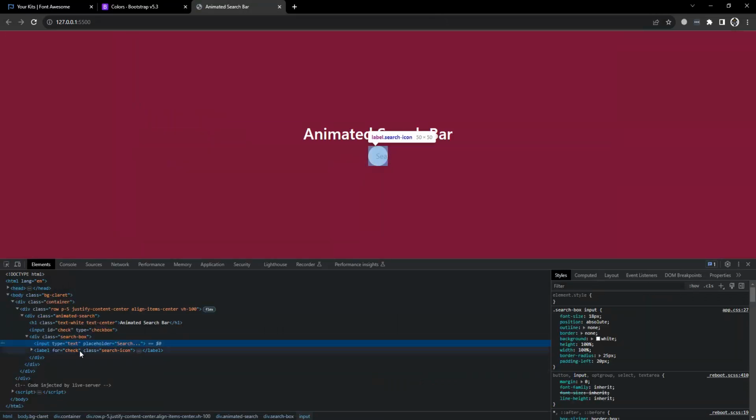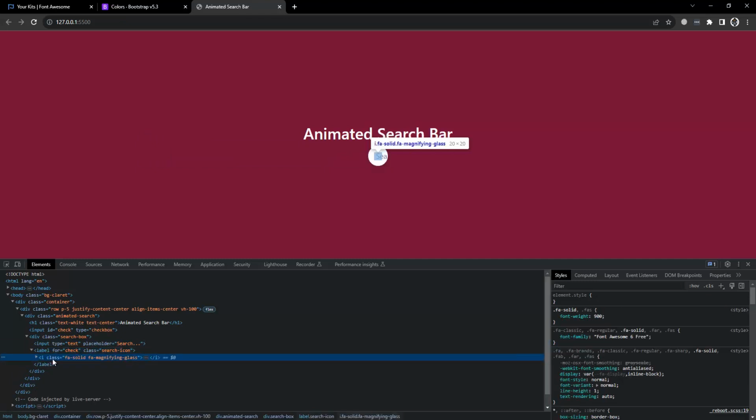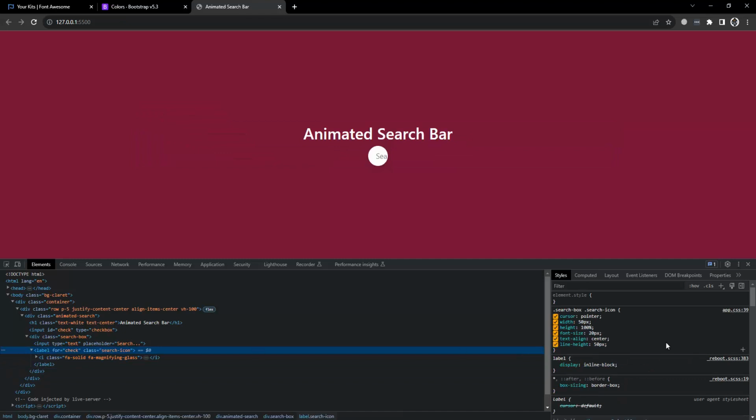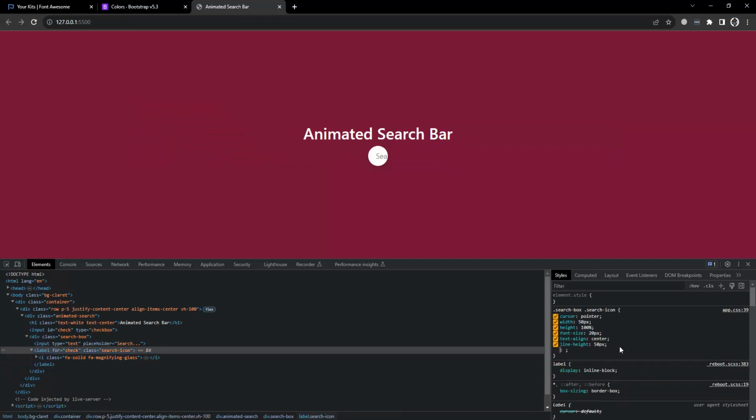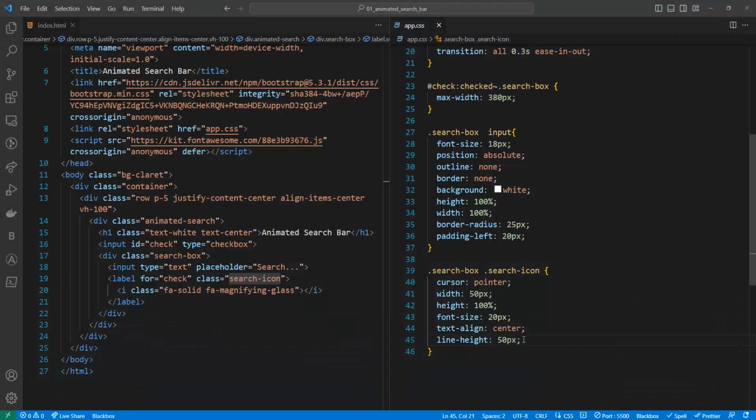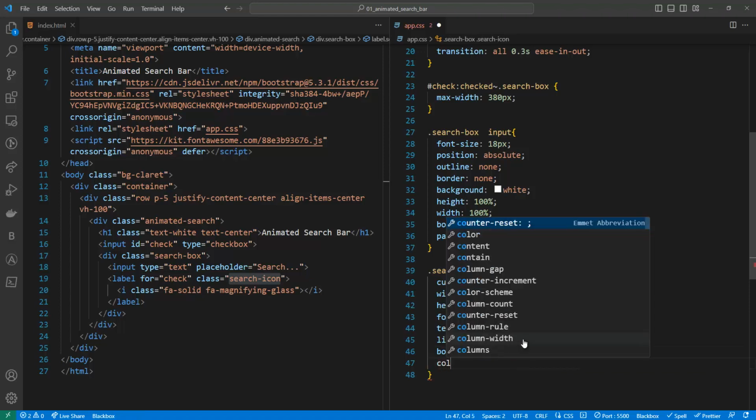Okay, here we were working on this icon. One second, the search icon, sorry, this one. And from here, we need a few more things. Let's work on that: line height, and after that we need border radius. Border radius is going to be 25 pixels. And after that we need to mention the color as well, and the color is going to be